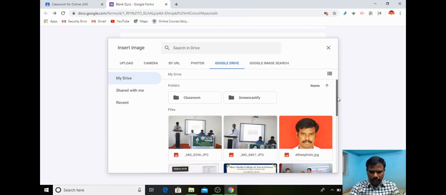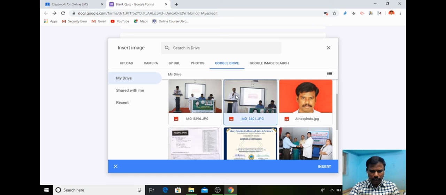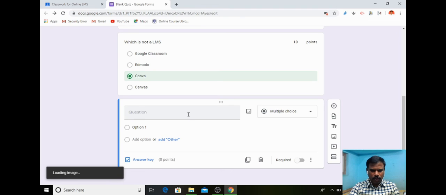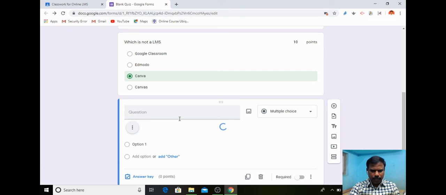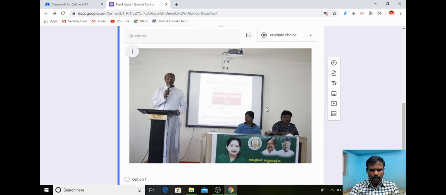So from that I can select a photo. For example, I am selecting the photo, and after selecting the photo I insert the photo. So the photo will be a question, so I can resize it.